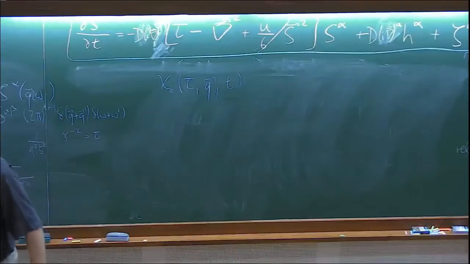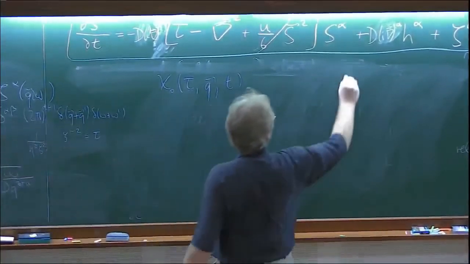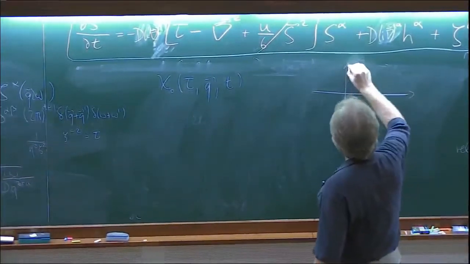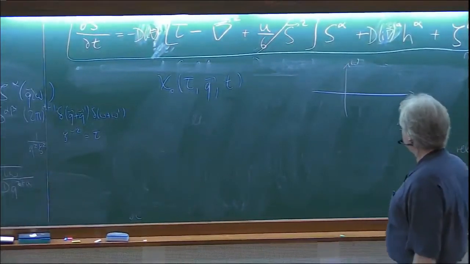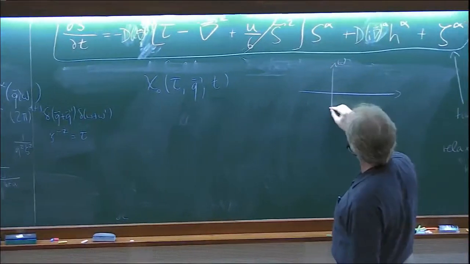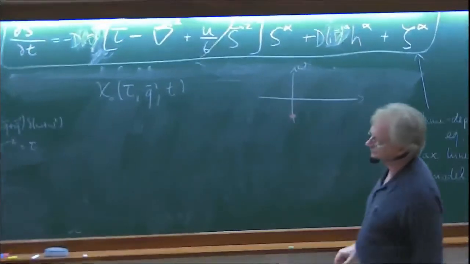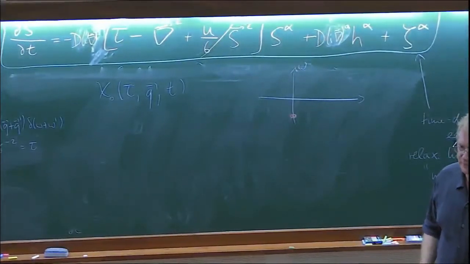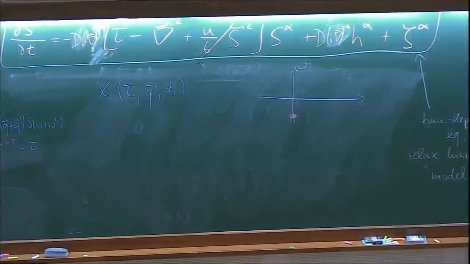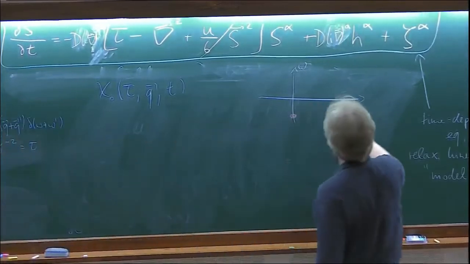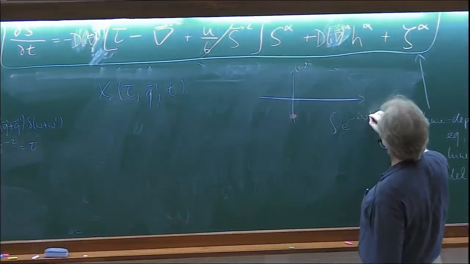So this is in frequency space. We looked at this thing in complex frequency space. I have a single pole that sits at minus i omega d q to the a or somewhere down there. And if I go to Fourier space, I need to do an e to the minus i omega t integral. So I'm not going to actually do it, but in our minds, this is what we're going to do.